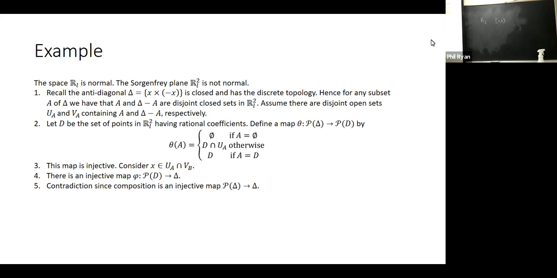So let's consider the set of points having rational coefficients. Okay, so that's going to be dense in the plane and it's going to be countable. So it's a countable dense set in the plane. And we're going to define a map from the power set of the anti-diagonal to the power set of these rational points by the following. Theta of the empty set is going to be the empty set. Theta of the whole